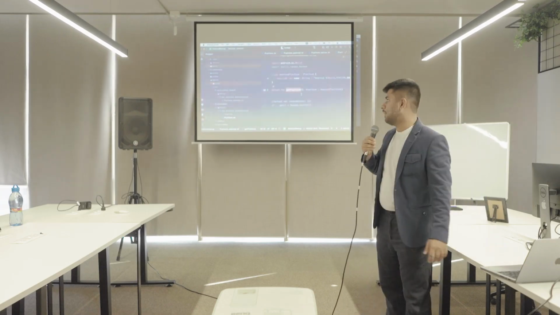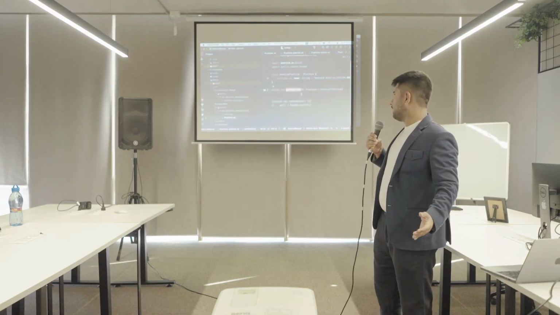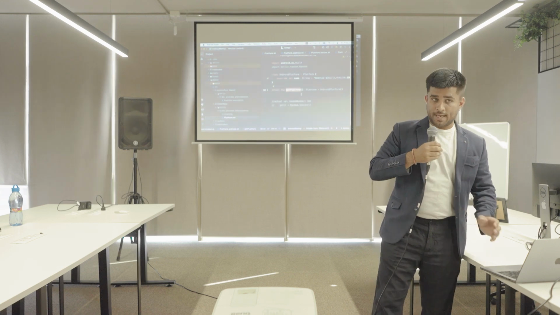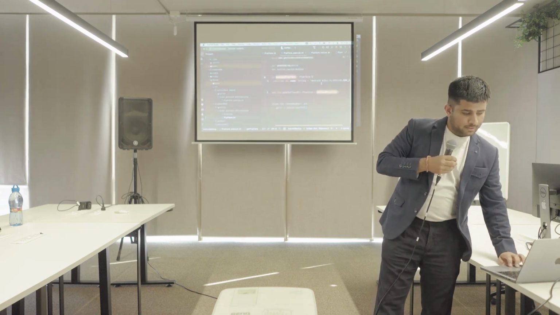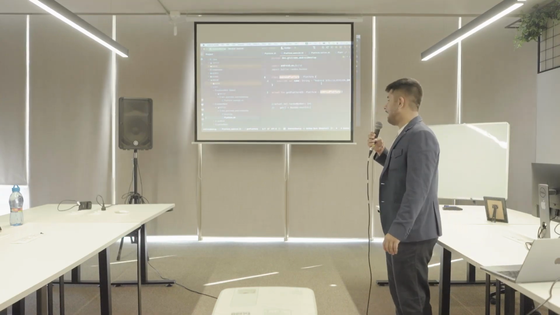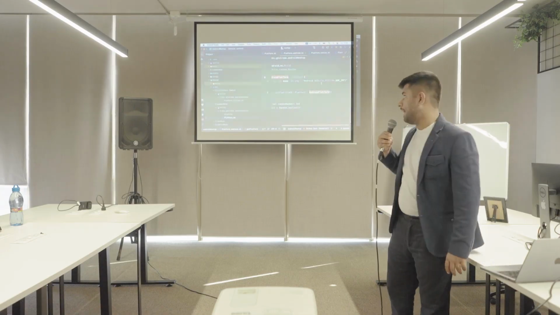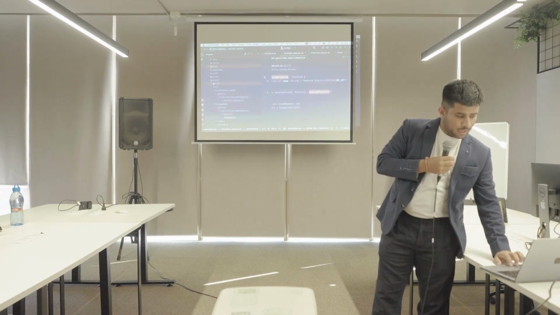For the expect, I have the exact same signature of the function as an actual function, which creates a new class called AndroidPlatform. This AndroidPlatform is your implementation of the Platform interface, and for the name, it just says that this is Android and this is the SDK version. A similar version will exist for iOS as well.